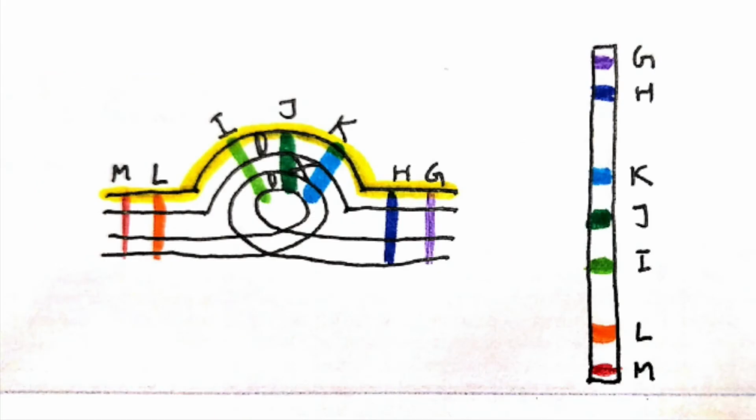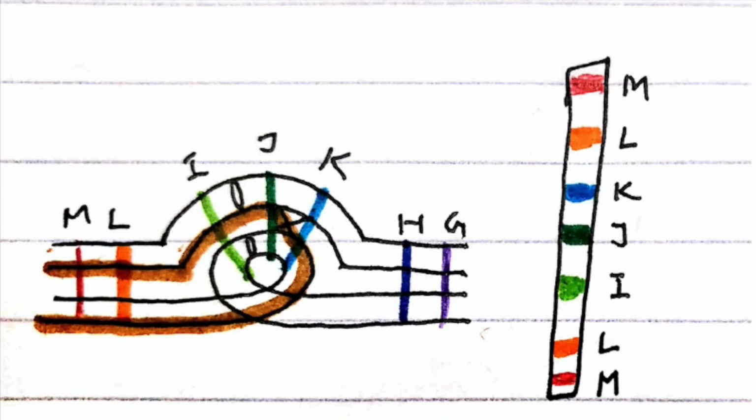So for the first one, it would just be the MLIJKHG, and because there is no crossover occurring on this specific chromatid, it would just be the same as the first parent chromosome. But for this one, because there is a crossover event occurring with that chromatid, it would cross over after the J into the K of the second chromosome's chromatid. So it would have the MLKJI and a repeat of the L and M locus. Now this would not be viable because there are repeats of specific loci, the M and the L, and they are missing the H and G loci. So therefore, this is not viable.